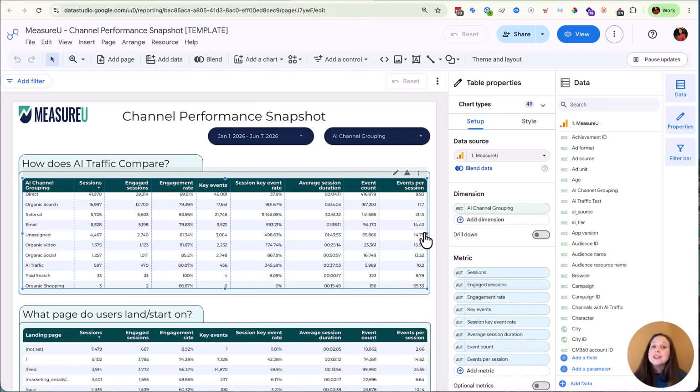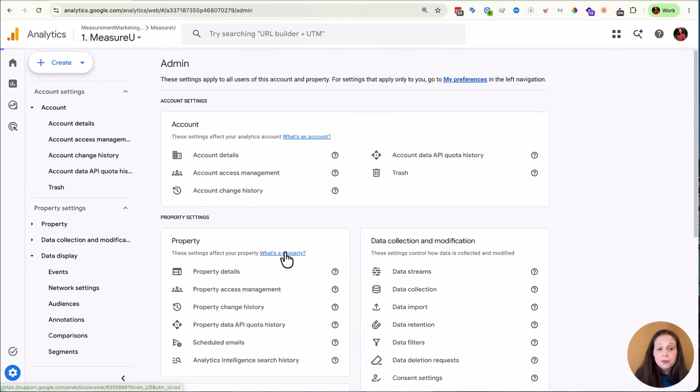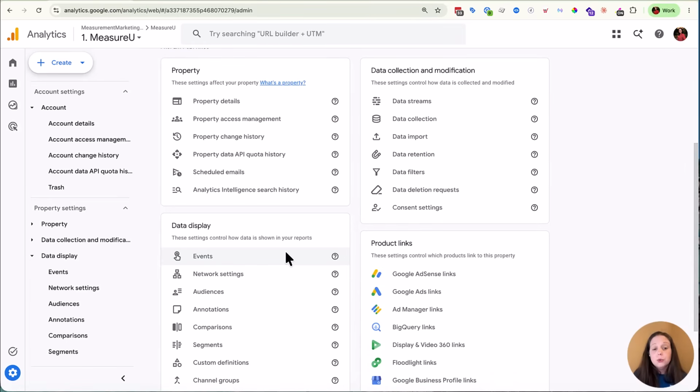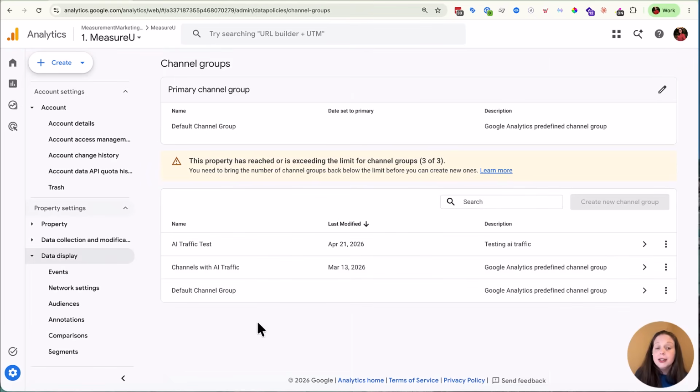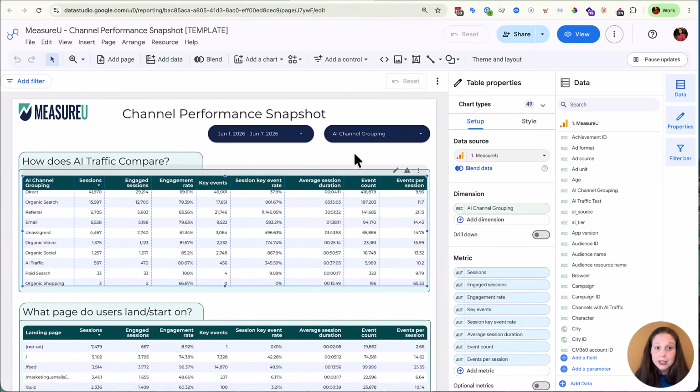But the cool thing about the case statement is that if you only have view access, so not admin access or a higher access level, and you cannot create a custom channel group, you can still do this. If you have view access, you can still create a dashboard with their data. I actually practiced using my own personal email to make sure I would be able to create this exact dashboard. And guess what? You absolutely can.